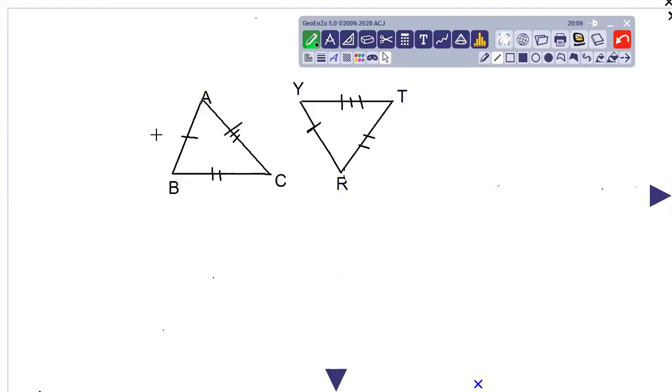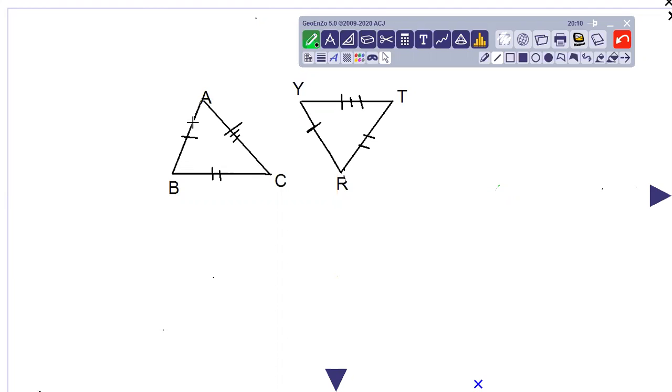Maybe this is 6 centimeter, this is also 6 centimeter, maybe this is 7 centimeter, this is also 7 centimeter, maybe this is 10 centimeters, this is 10 centimeters, something like that. Now, look at the point A. From the point A, where the angle A is formed,